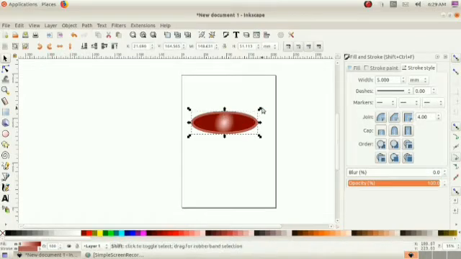Understood? Watch the video, then you could understand. If you use the Shift key and the mouse together and drag it, then you can reduce the circle proportionally.